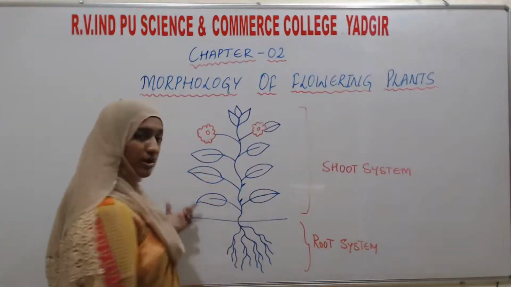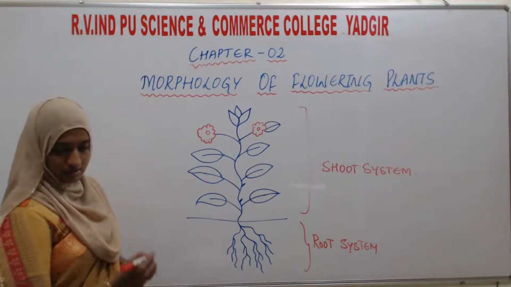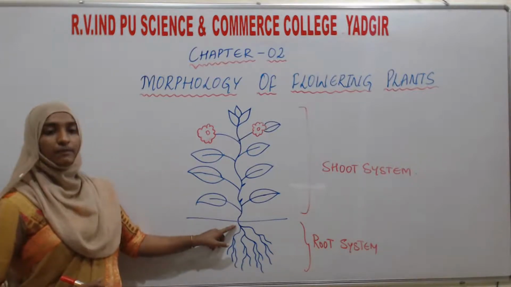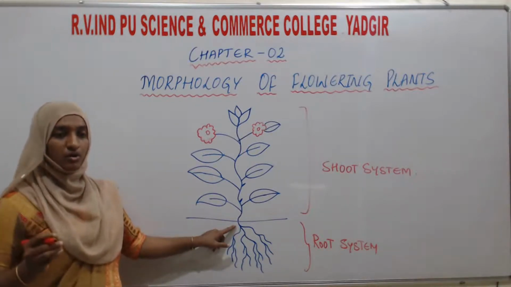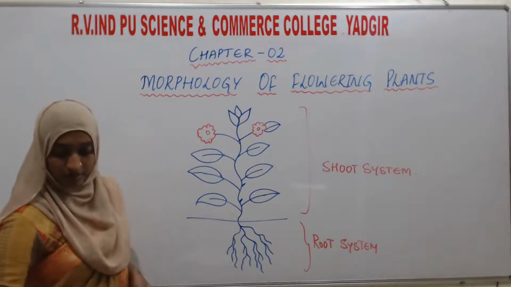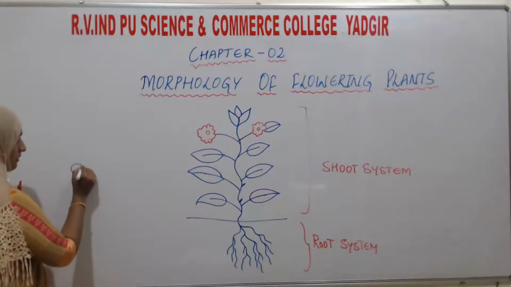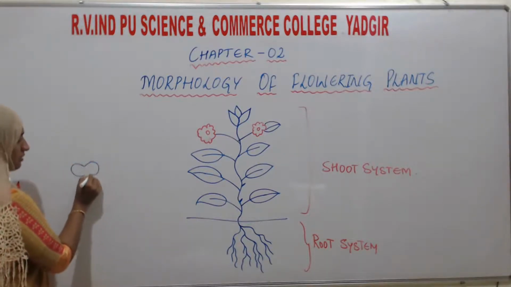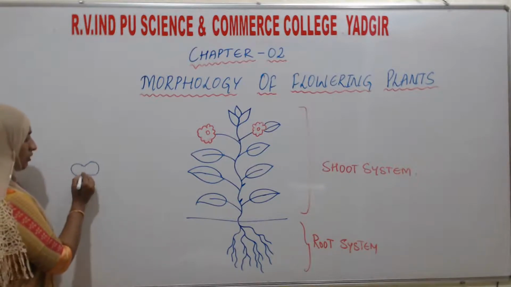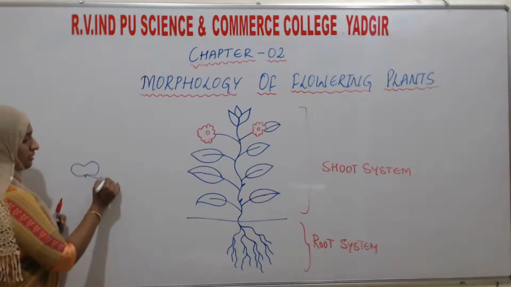Okay, in this, what are the parts? First, we will see about the root. In this root system, first, whatever part of the root arises from a radical part. What do you mean by this radical? See here, this is the seed. When it gets germinated, a small hole will be there, and that is known as the radical,